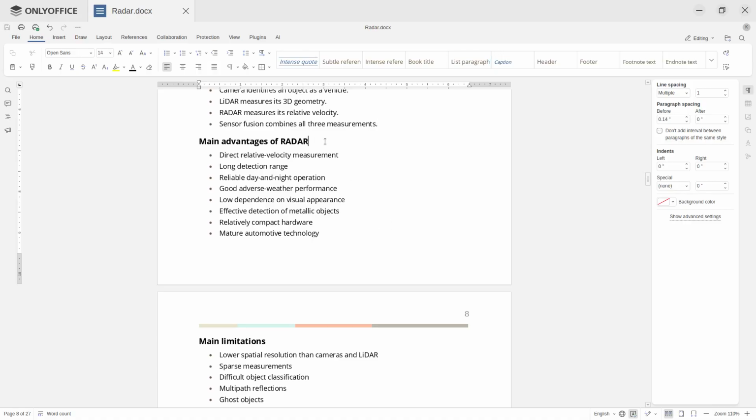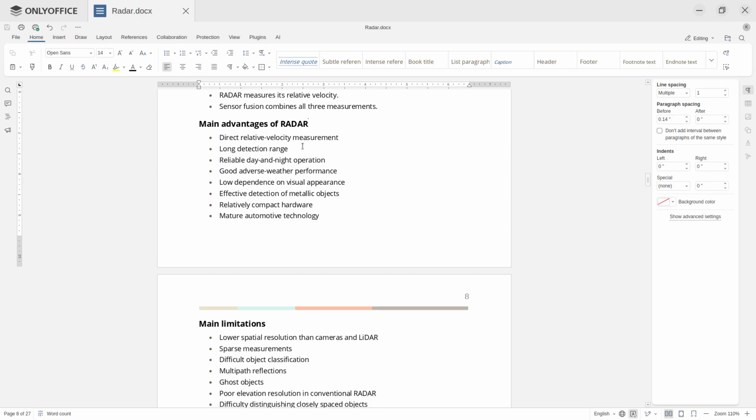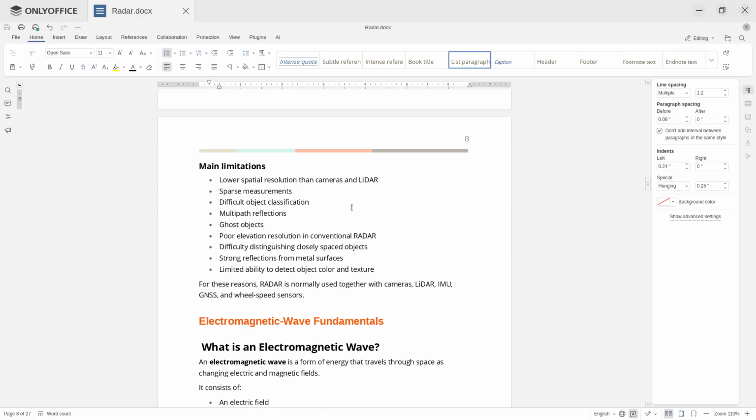Main advantages of radar: direct relative velocity measurements, long distance range, reliable day and night operation, good adverse weather performance, low dependence on visual appearance, effective detection of metallic objects, relatively compact hardware, mature automotive technology. Main limitations: lower spatial resolution than camera and LiDAR, sparse measurement, difficult object classification, multipath reflection, ghost objects, poor elevation